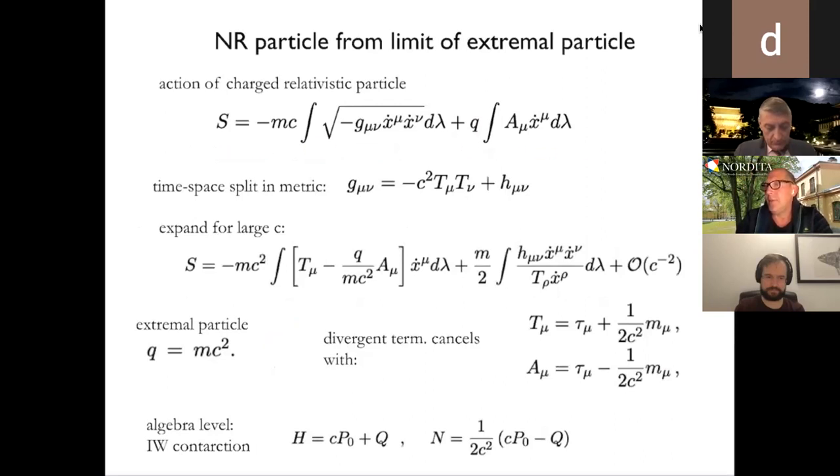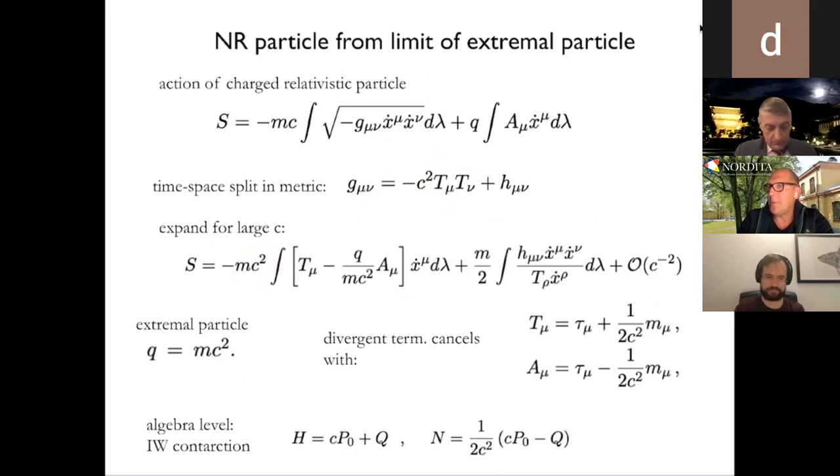Here we have the action of a charged particle, so far with arbitrary charge q. You now plug in. You want to get ready to do a c going to infinity limit. So you have to remember that there's a c squared in the 0,0 component of the metric, and you can write it in a covariant way like this. And then you can expand this action for large c, plug it all in. And what you see here is that